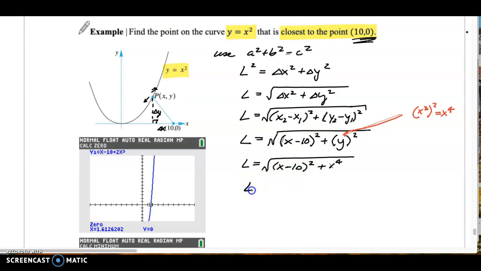We're going to expand it because it's just nicer to work with. So this would be just x squared minus 20x, and this would be plus 100, plus x to the 4, right? So then, if I take the derivative,